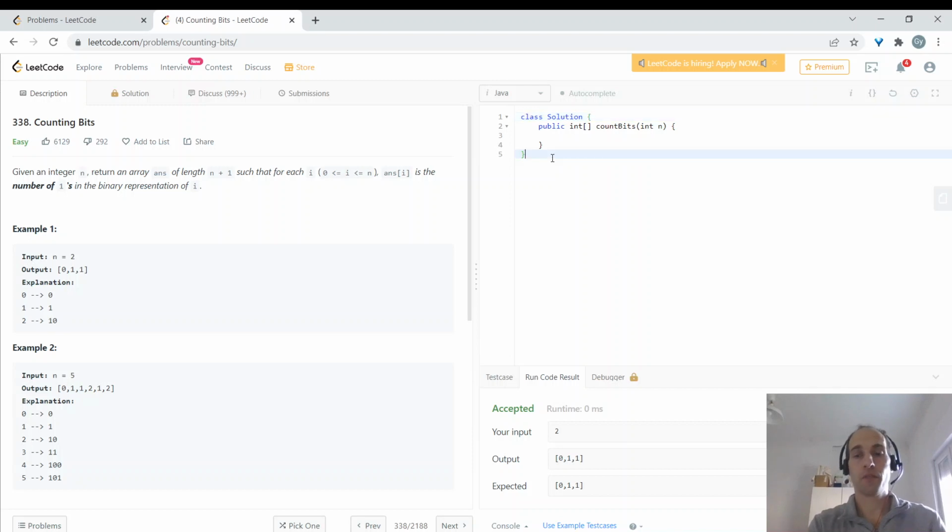So, for example, in this case, there's a 2, and the binary representation is 1, 0, and it has one 1. And here, the number 5 binary representation is 101, and it has two 1s in it. So let's write 2. Okay, so I will try to show 3 solutions,